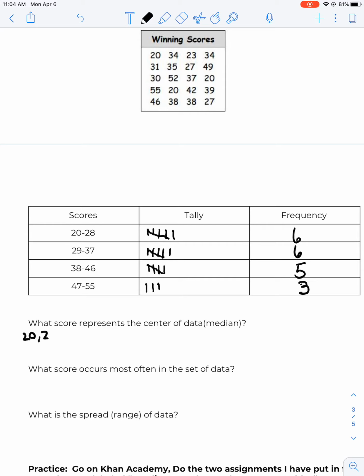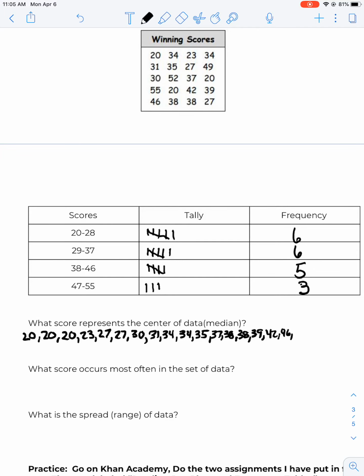We've got 20, 20, 20, 23, 27, 27, 30, 31, 34, 34, 35, 37, 38, 38, 39, 42,